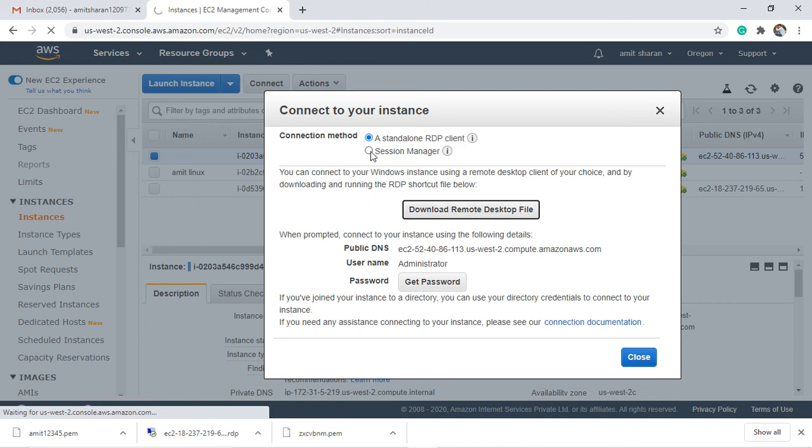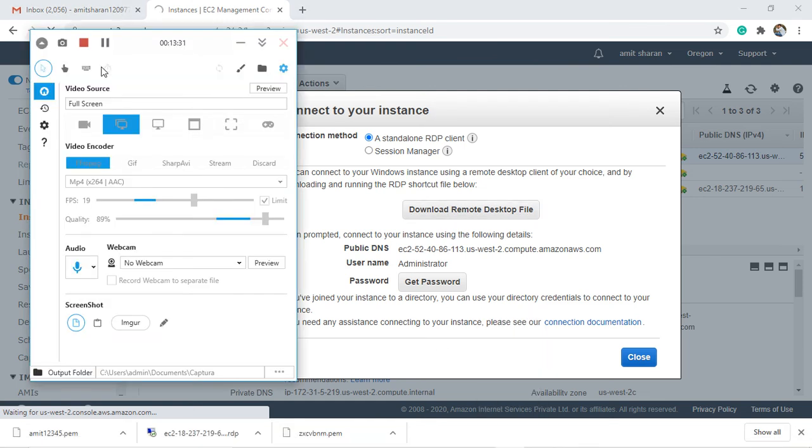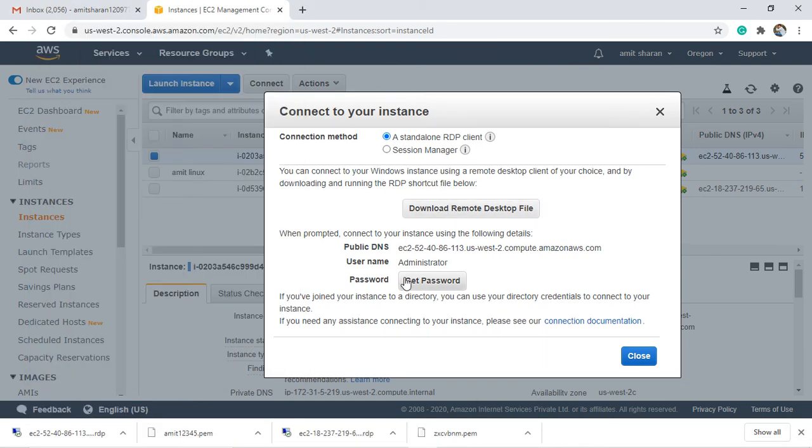In a further video I will show you how to connect with the session manager. This is our DNS name. This is our username, administrator. We can change our username also. Here you can see my RDP is downloaded, and we can go now.